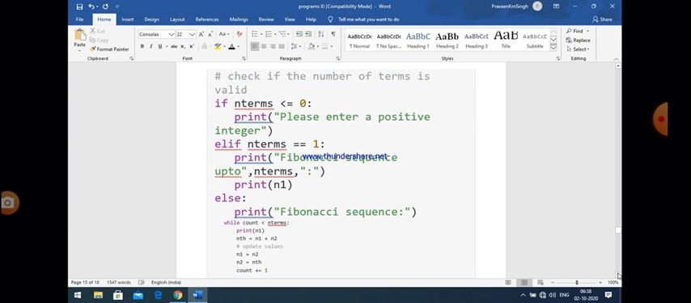First of all, the condition is given: if nth term is less than or equal to 0, then there is a print statement, please enter a positive number. If nth term is negative, then we cannot find the Fibonacci series, because the Fibonacci series is for positive numbers. You cannot find the Fibonacci series for a negative number. Or we can say that finding the Fibonacci series up to -2 terms is not possible. So the user must input a positive number,